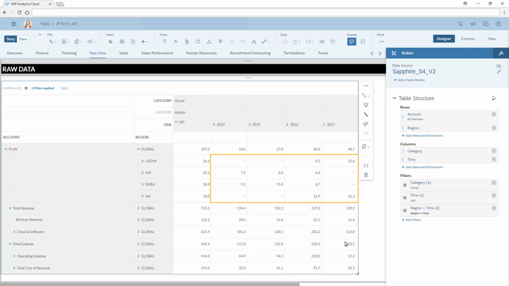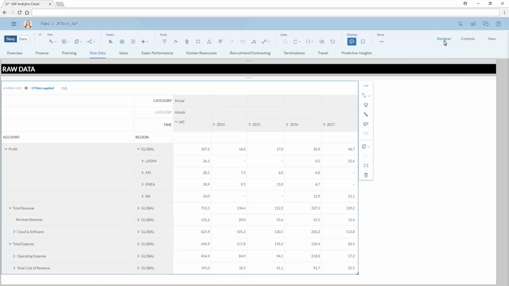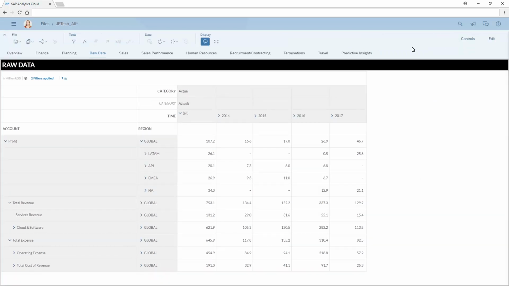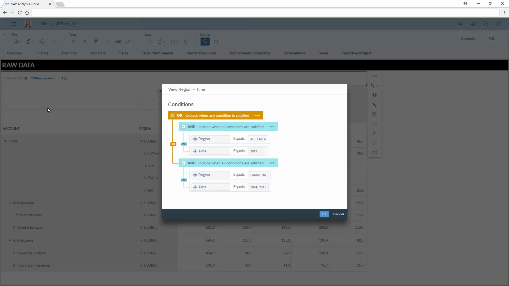When we switch to view mode and view the filter, we can't disable the top level set of conditions based on the setting we changed, but can disable the conditions